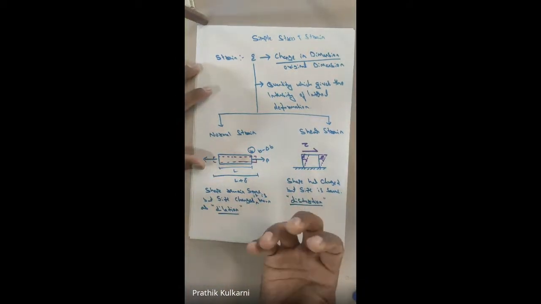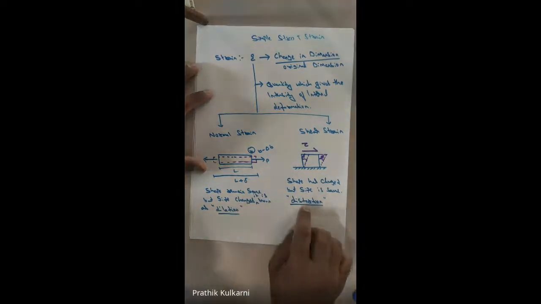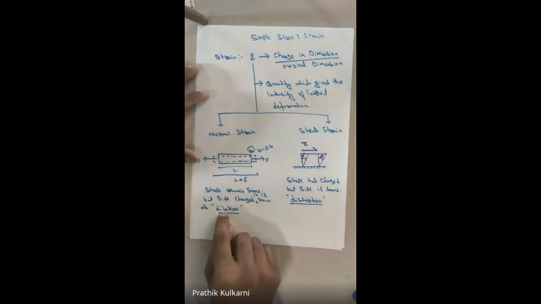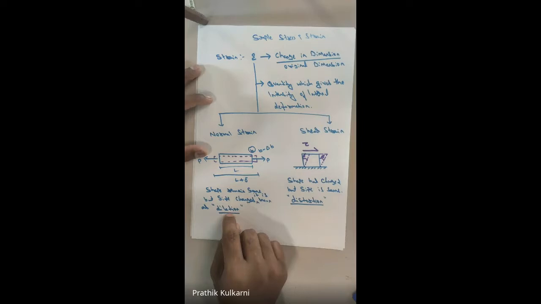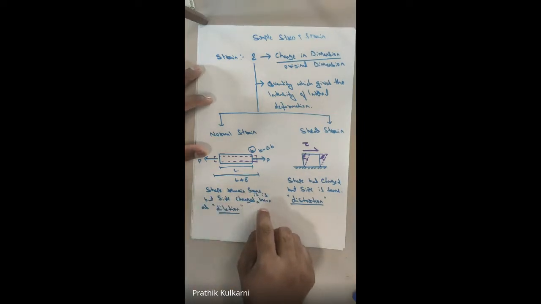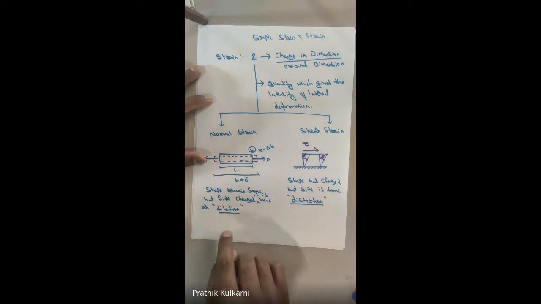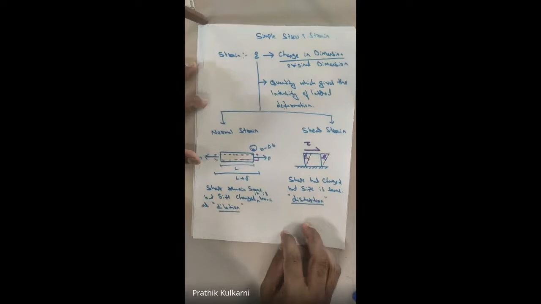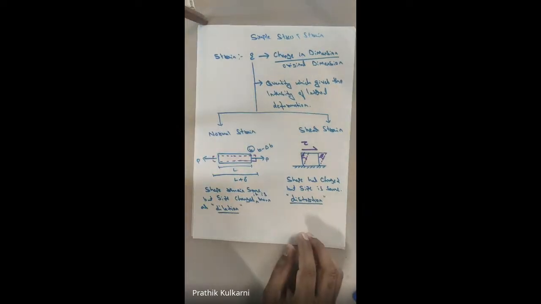Fine, which is nothing but it is completely destroyed. So distortion is nothing but shape change but size remains the same. So that is known as our distortion. But if you talk about normal, which is nothing but the shape remains same but the size changes. Fine, so this is known as our dilation. So these two things, please, you have to remember it.